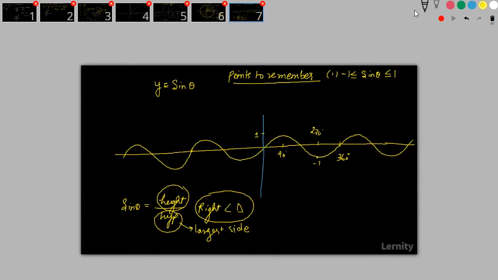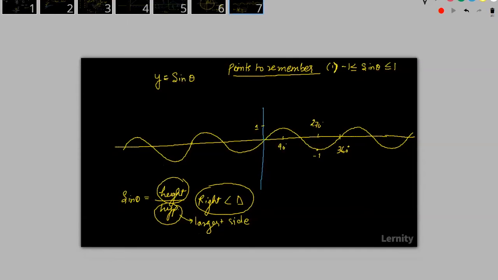Sine, cos and tan are always talked about for right angles. We will only talk about right angles when we are talking about trigonometric ratios. Trigonometric ratios cannot be talked about if the triangle does not have a right angle. Okay, so this part is okay. First thing which we have got is sine theta is less than 1 and greater than minus 1.